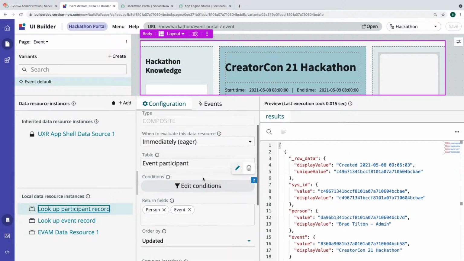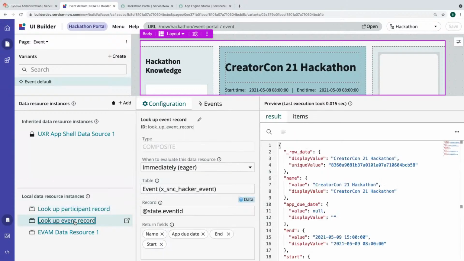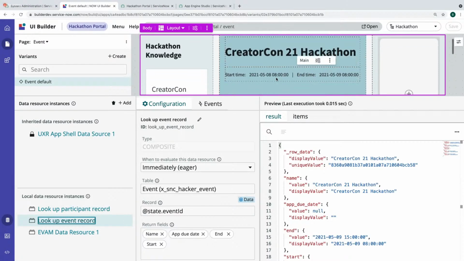We are looking up this event participant record, which is where my person record relates to the event record, because we're trying to find the active event. And then we've got the event record itself, where we're grabbing some info about the event record and exposing it. This is where we're pulling this title and then the start time and end time.